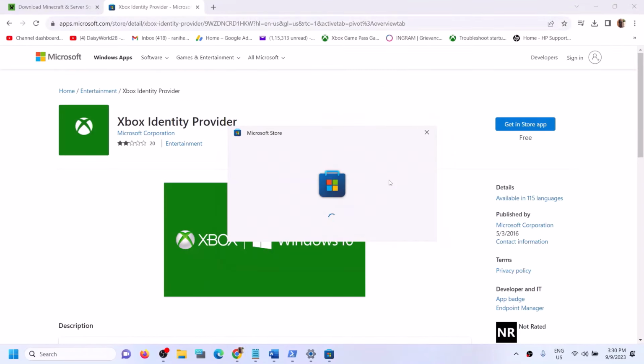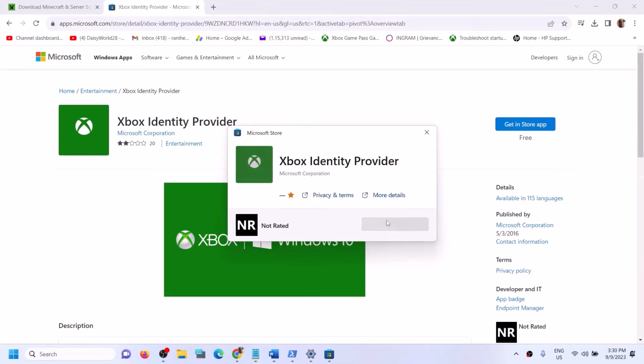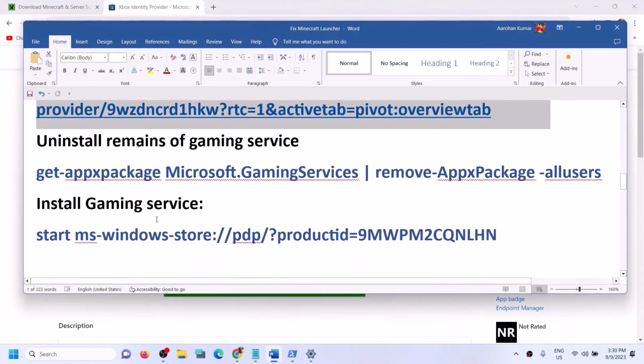And if Xbox Identity Provider is not installed, you will see Install button over here or Get button. In my case, this is already installed, so there is no button over here. So if you don't see any install or get button, just ignore it. Follow the next step. If you see the install or get button, install it and then uninstall and reinstall gaming